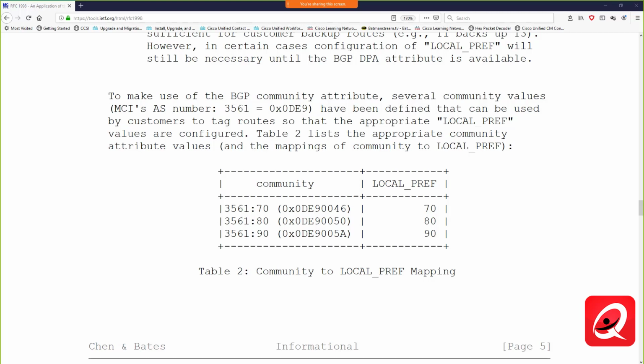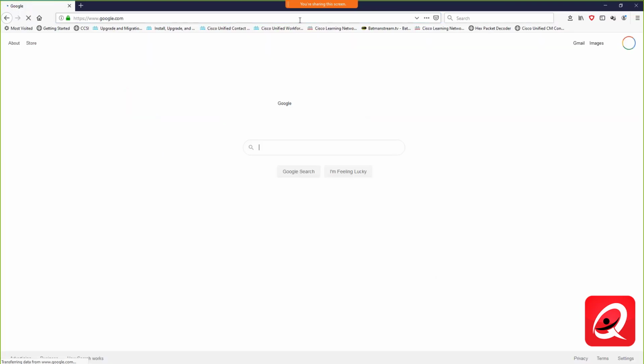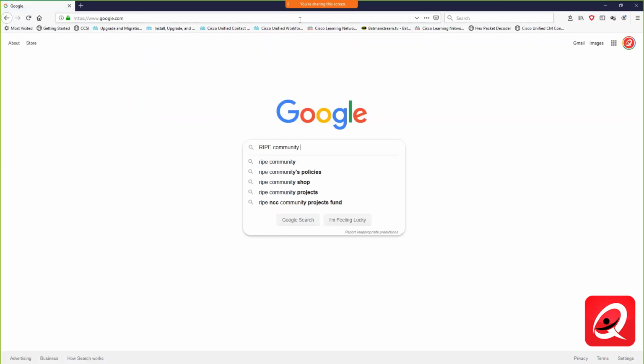It could be something like this, where we're using community strings or community values as some sort of tag to be able to affect policy, right? So what we call this is community signaling. And the BGP peering agreement should identify what type of community signaling that particular service provider is going to support. If I go out to Google here and do a quick search for, say, RIPE community signaling,